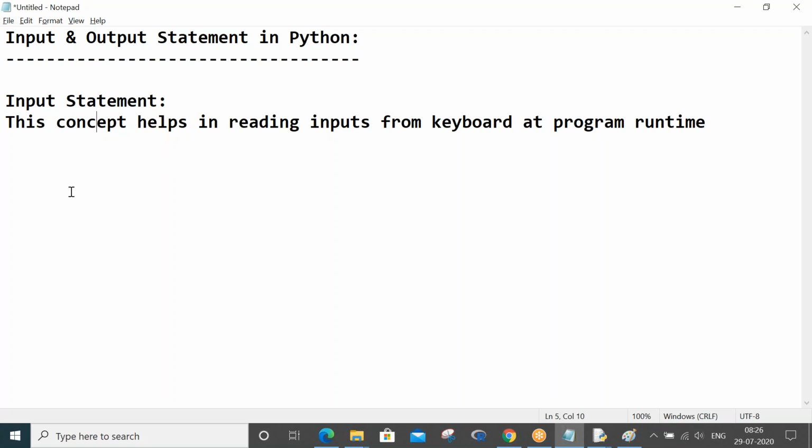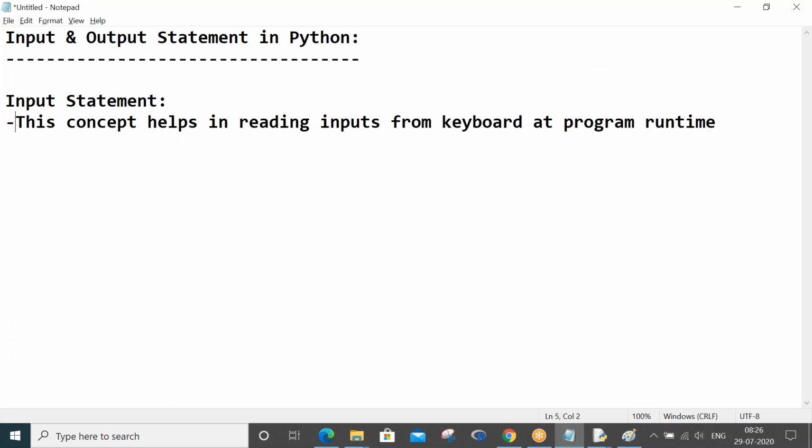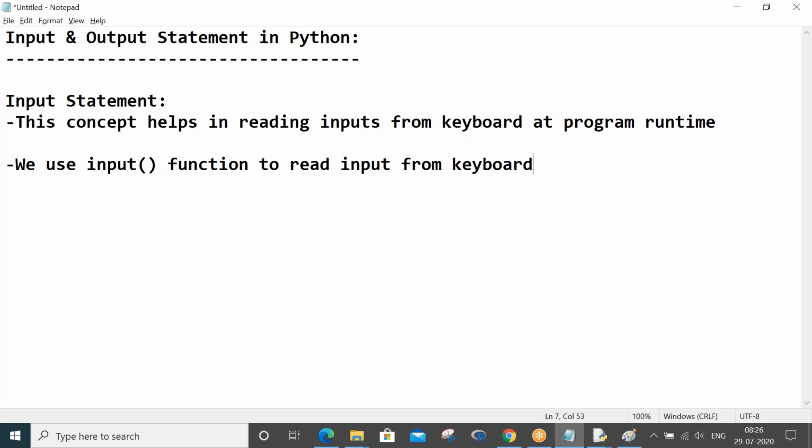We use the input function to read input from the keyboard. The input function is from the built-ins module.